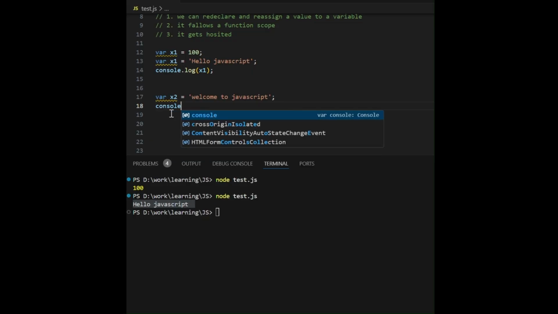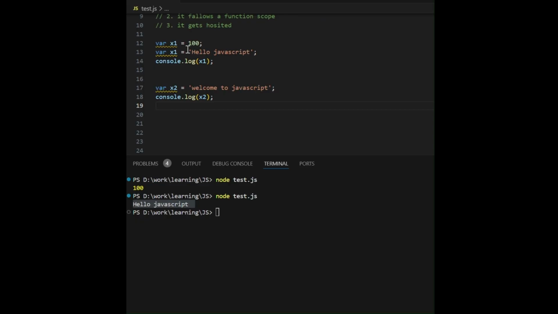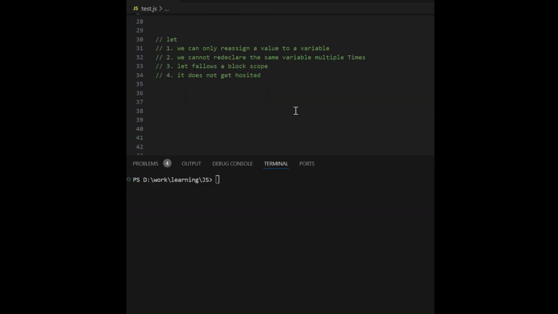And if I console.log x2, let's run the code and see. We get variable x1 as hello JavaScript and x2 as welcome to JavaScript. So this is all about the var keyword.